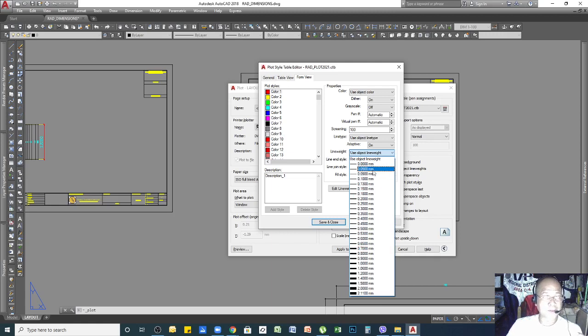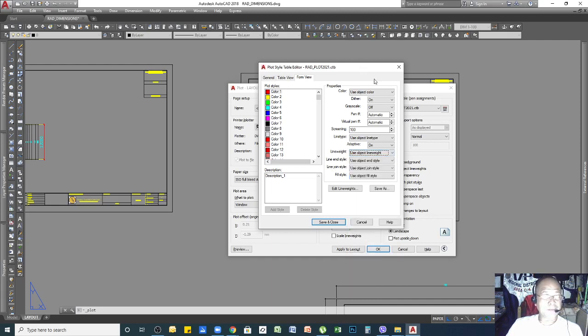Usually for dimensioning, it's better to use very thin lines, and then for your object, you can use a thicker pen. So for me, I used to arrange the thickness according to the numbers. So the lower the number, the thicker the lines. So I normally only use up to 0.8. Then the rest will be all similar in thickness, so that I'll not get confused.